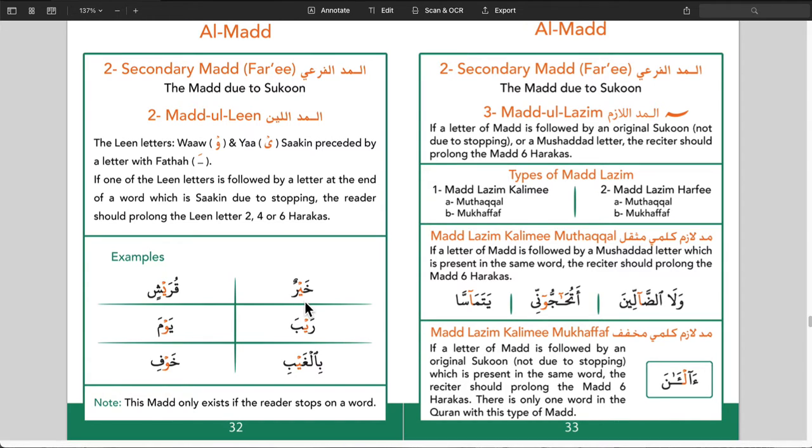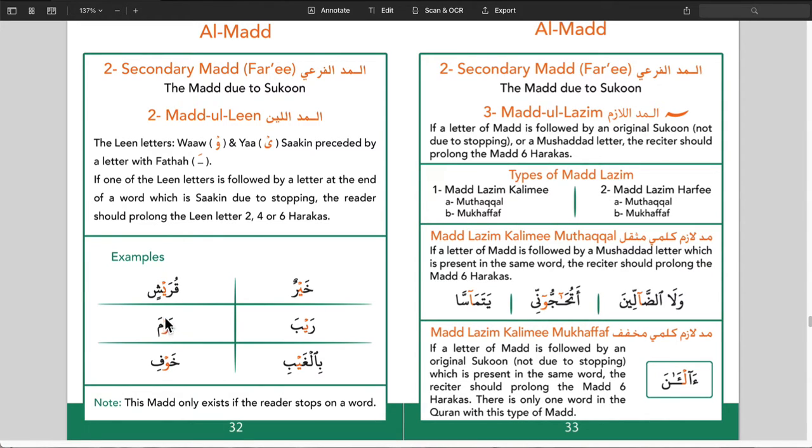Okay, خير. Okay, I have to wait until the end, until I complete my 4 haraka before I go on to ra. Okay, another example, قريش. Okay, or ريب or